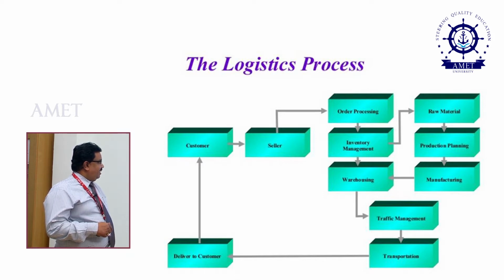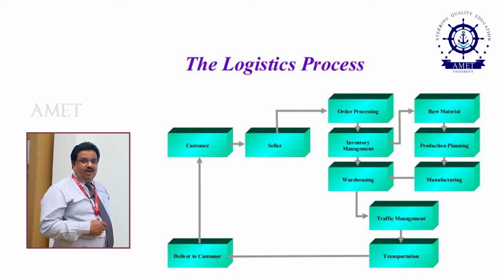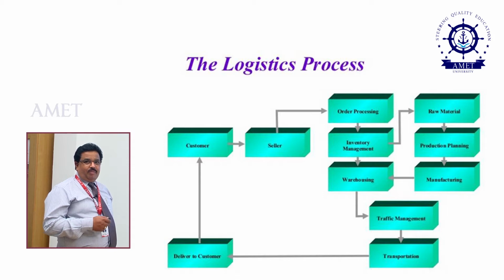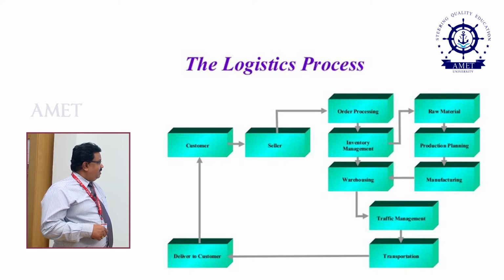The next one is the seller. The seller is nothing but a person who is selling your product. Generally it is a process of your online process. Let's say for example, we take Amazon.com or Flipkart or whatever it is. You are ordering a cell phone, you are a customer. First you order a cell phone by seeing the website and selecting the product with the specification. Then you are requesting the seller, which may be Flipkart or Amazon. They are generally the brokers in between. They are not actual sellers. They are getting products from different vendors and selling them to you through certain media. That is where the seller's role is.